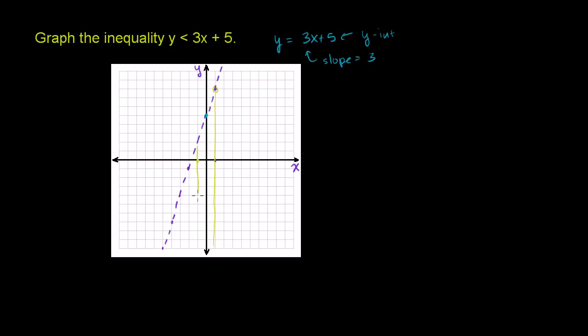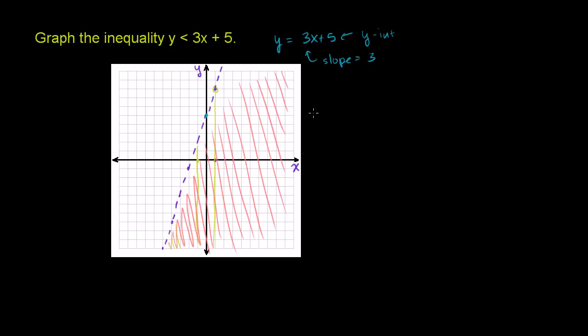It's everything below it. So for any x you pick, it's going to be below that line. You take the x, go up to that line, and everything below it. So for all of the x's, it's going to be this entire area. Let me draw it a little bit neater than that. It's going to be this entire area that's under the line. I'll do it in this orange. It's a little easier to see. So this entire area under the line is y is less than 3x